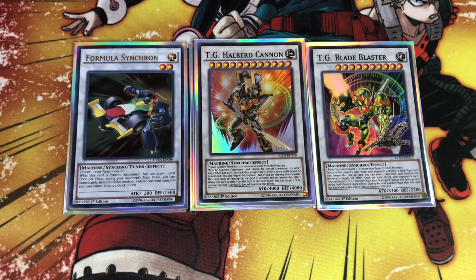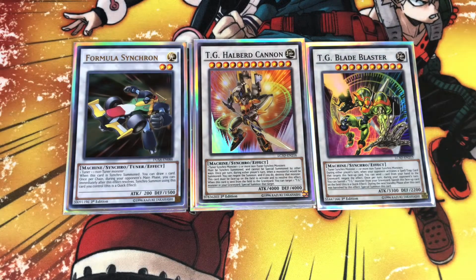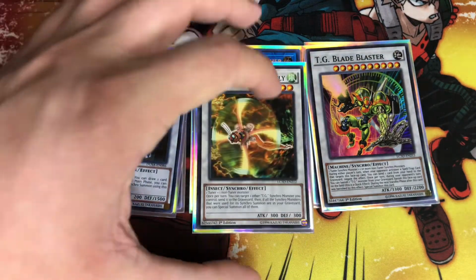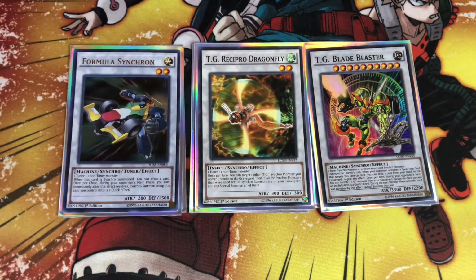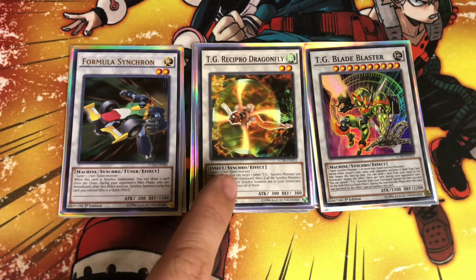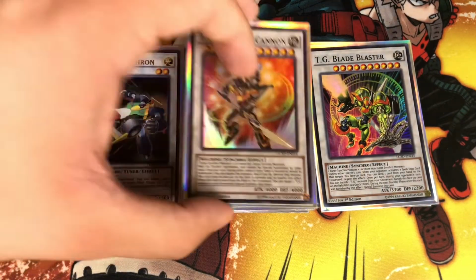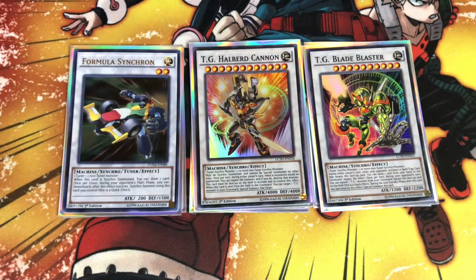Blade Blaster requires 1 tuner synchro and 1 or more non-tuner synchros. So basically you're going to have a tuner synchro, level 5 synchro, and then a non-tuner level 5 synchro to make this level 10 TG Blade Blaster. What'll happen is you'll have Blade Blaster on your field, and then you can use the effect of Recipro Dragonfly to send Blade Blaster to the graveyard and bring back out those 2 level 5 monsters, and use Dragonfly, the level 5 Synchro Tuner, and the level 5 Synchro in order to bring out the level 12 TG Halberd Cannon,